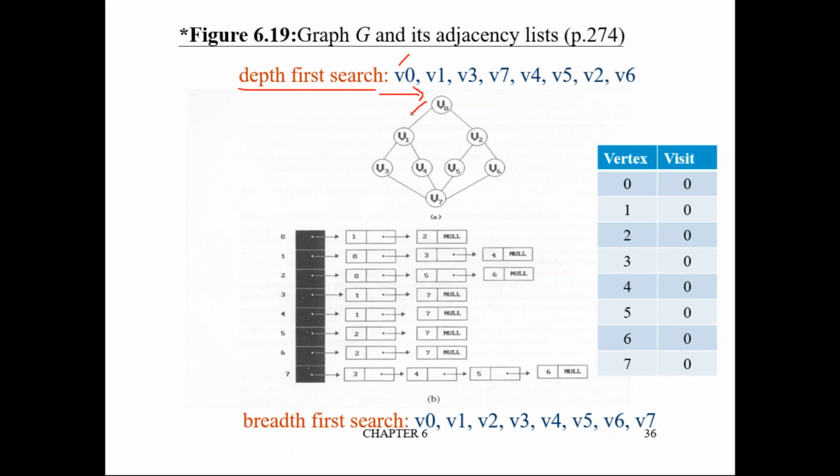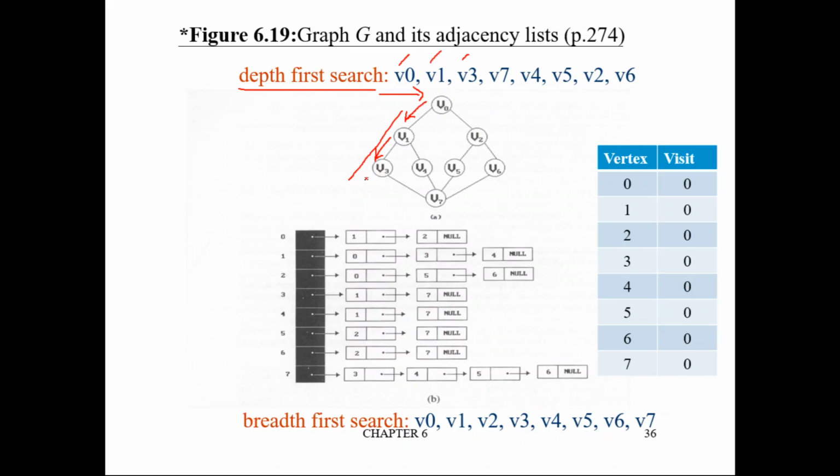Then go to its left. Check whether it is visited or not. So far it is not visited, so visit it. Then go to its left. Is this visited or not? No, it's not visited, so visit it. Then go to its left. There is no left. Is there any other pointer? We visit all the children of a particular node, but we visit depth wise. One branch first we complete, then we do the next branch like that. So it is called depth first.